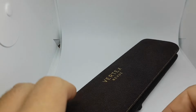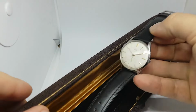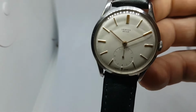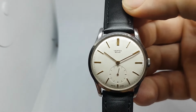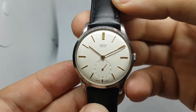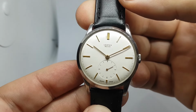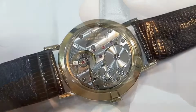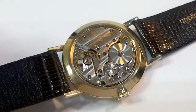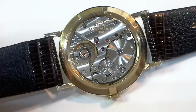Vertex as a brand is special to me because throughout my childhood, my dad wore his father's watch, which was a Vertex. The modern iterations are certainly nice, but they are very expensive. The Review is a small dress watch, but it's period correct given its 1950s vintage. It's absolutely beautiful. A well-preserved model is in my mind an heirloom piece to be treasured and handed down from